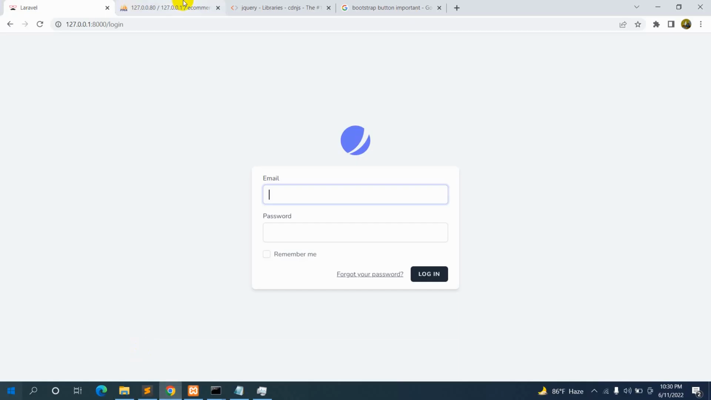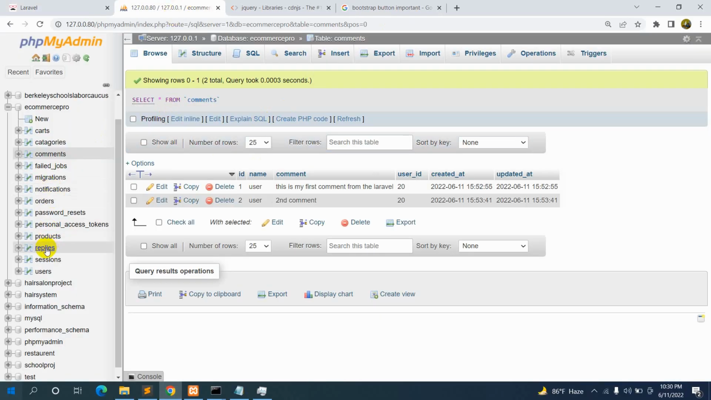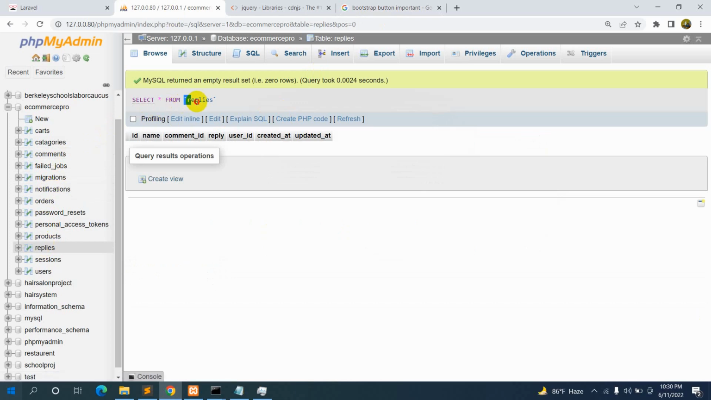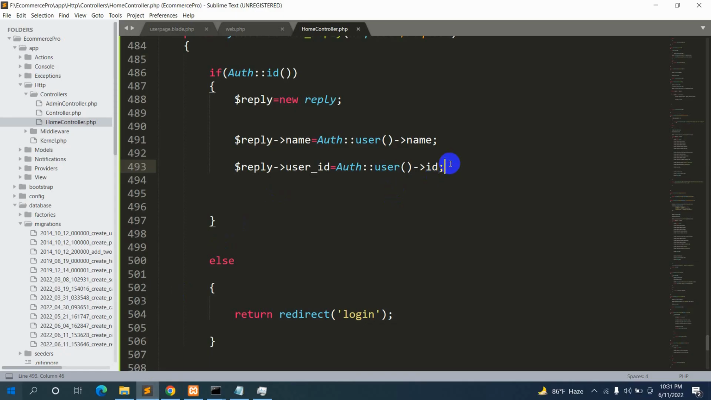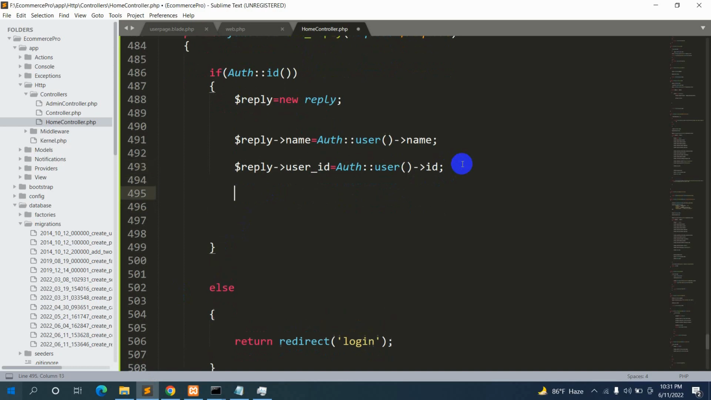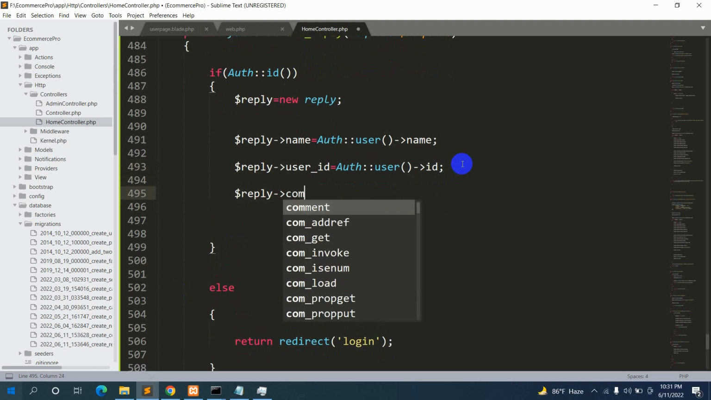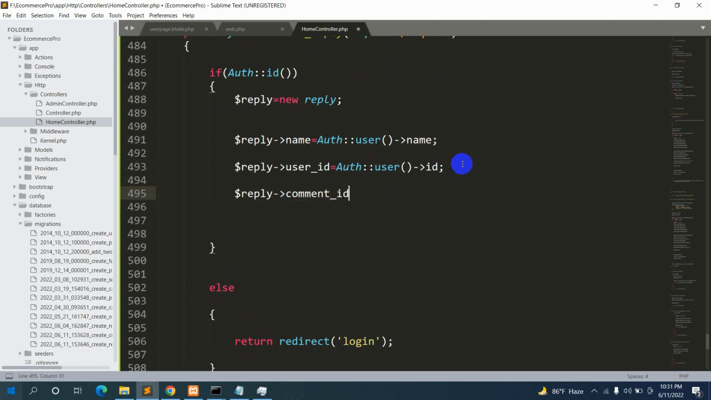So let me just check the comment table, the reply table, and this is my reply table. We have name, comment id, reply, and user id. So we get the name and user id. So right now we'll get the comment id and the reply. So for it we are going to say here $reply->comment_id equal to,